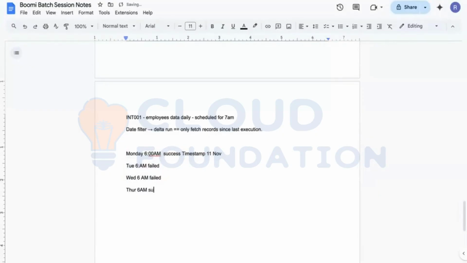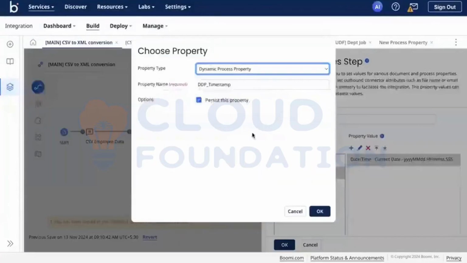And then again, this will get reset here to 14th November. Otherwise, you will miss these 2 days of data, which would be incorrect. That is the use case of this. First is the property setting, in conjunction with the current date. Is it clear now? And we heavily use this where we want to fetch last modified data, since these kind of things